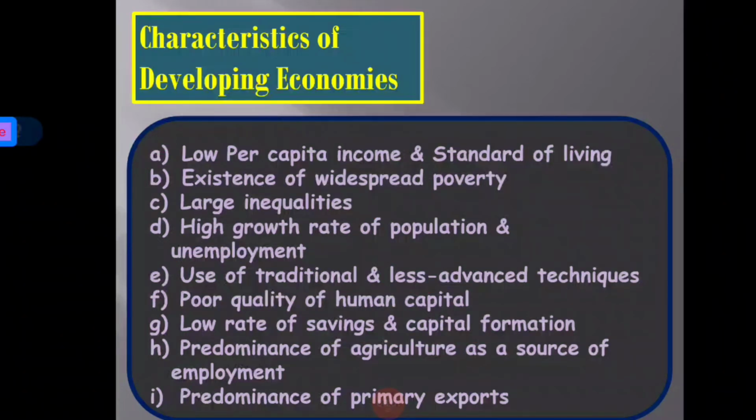Now going to the next one, there is a predominance of agricultural sector, and in this economy agricultural sector is a source of employment. In developing economies, the share of agricultural sector is very high, so that's why agricultural sector is the primary sector of developing economies. And now going to the last one, there is predominance of primary exports because agricultural products